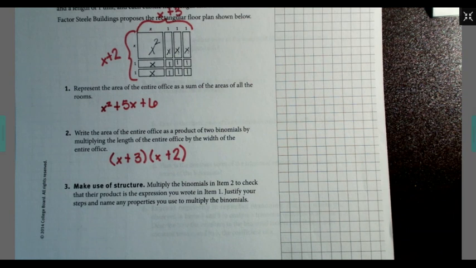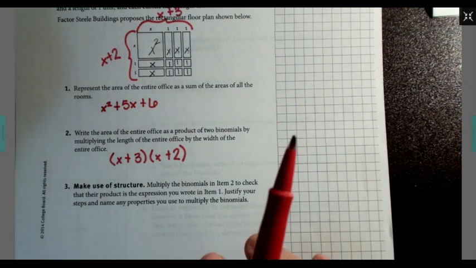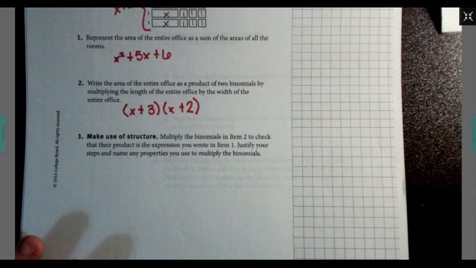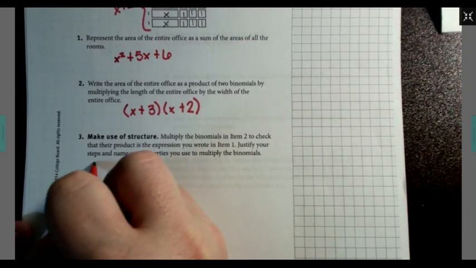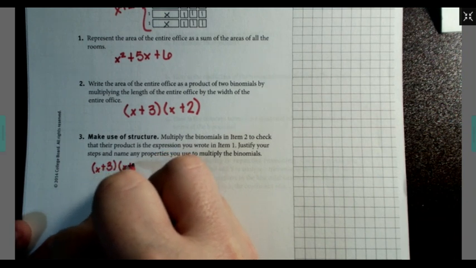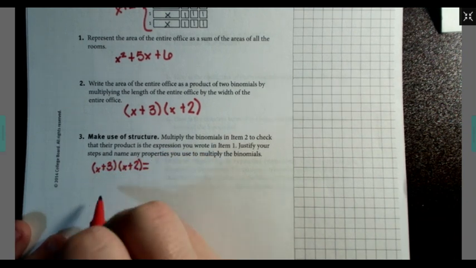Number 3, make use of structure. Multiply the binomials in item 2 to check that their product is the expression you wrote in item 1. Justify your steps and name any properties you use to multiply the binomials. All right, so we've got x plus 3 and x plus 2. Well, that's going to equal